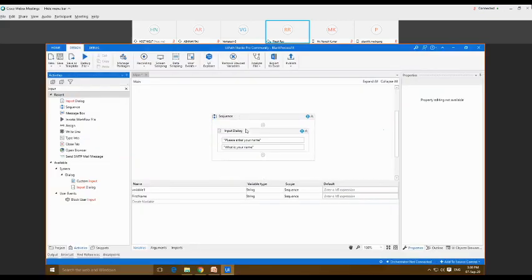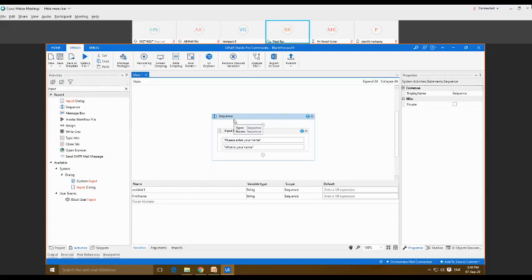So you can see here, this is our sequence file. In this sequence file, depending upon our application, we can add a number of activities, and for each activity, to store the information provided by the user, we have to create a variable, and that variable is going to be used for that particular activity or this particular sequence file. But an argument is also used to pass the information provided by the user, though not for a particular activity. An argument is used to pass the information or data from one workflow to another workflow.